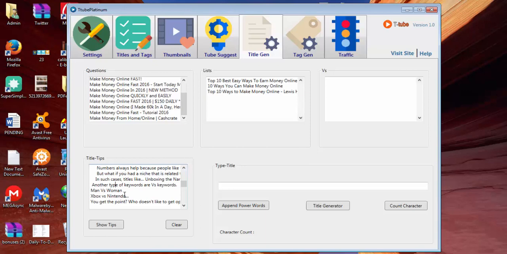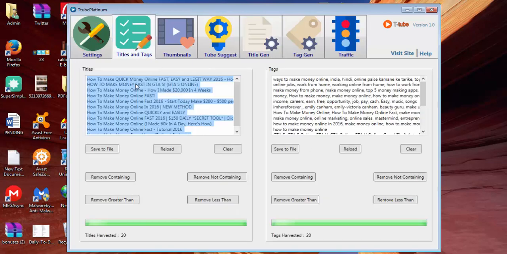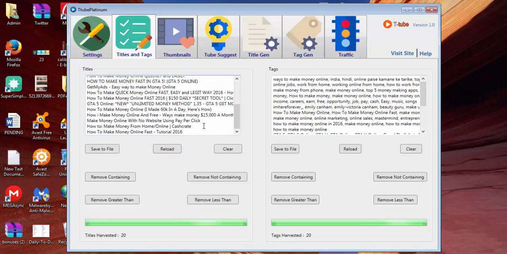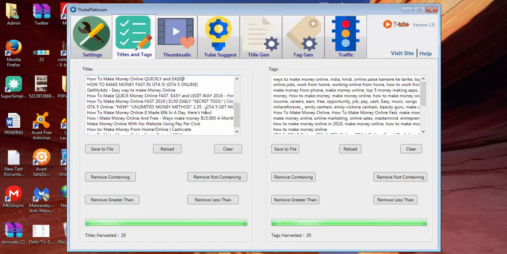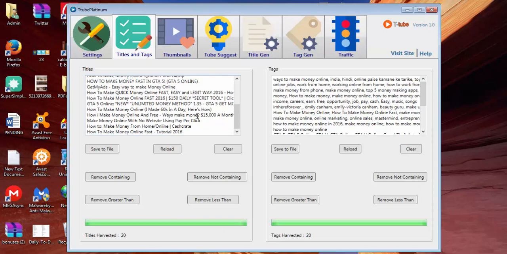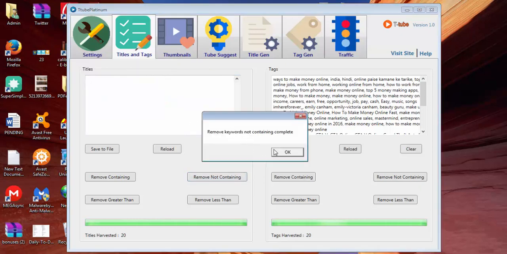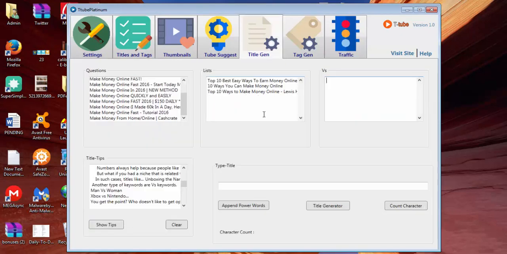So the next category of titles that work very well is the versus kind of category. That is man versus woman or Xbox versus Nintendo if it's a gaming niche. Now, when it comes to the make money online niche, this category of titles is not so popular. I mean, you can create some unique versus title like make money versus survey versus email marketing. But if we try to just research our top 20, I don't think any of them are using versus. So as you can see, none of these titles are using versus. So for now, we will just ignore this category.